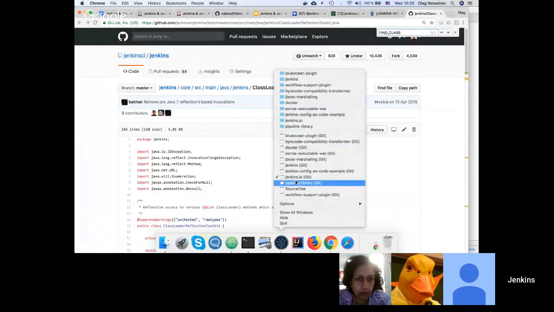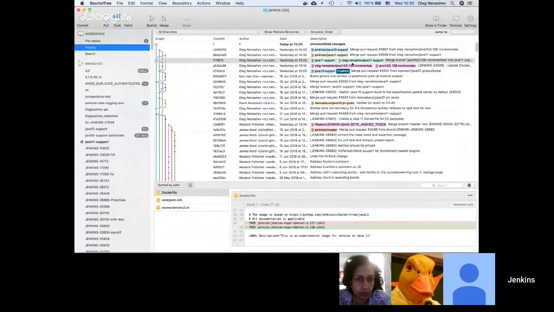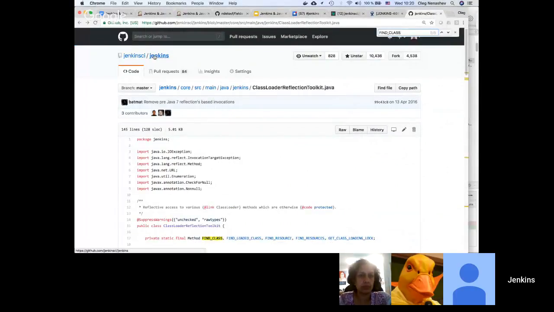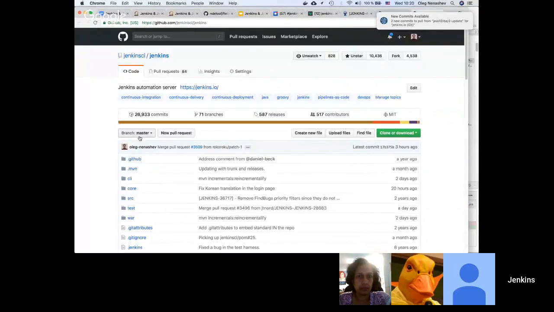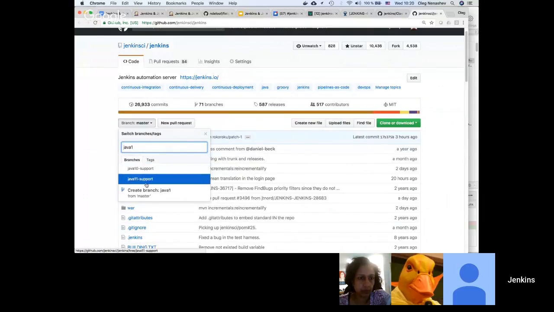I'm going to start my IDE. Okay, I have a number of branches. For this particular case, we have several options. In the Jenkins repository, now we have three branches. One is master, with ongoing releases. Then we have Java 10 support and Java 11 support branches.